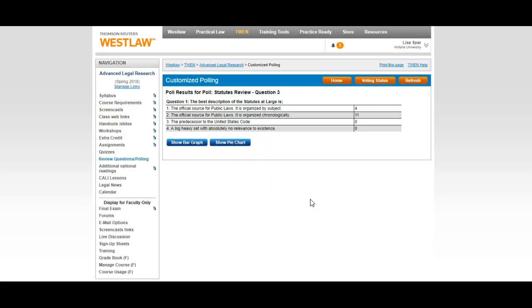Okay, so official source organized chronologically. I can understand a couple people being a little confused because we went through that quickly. So statutes at large just each year comes out. The volumes are numbered, but it comes out each year with a few volumes. Okay, excellent. We'll do a few more questions in a little while because first let's look at our section